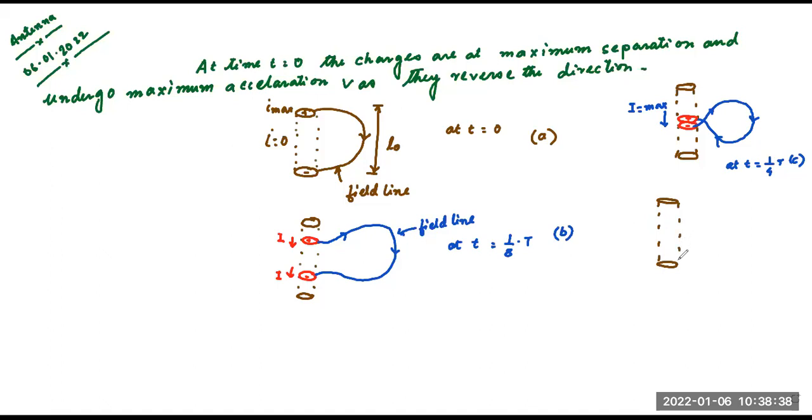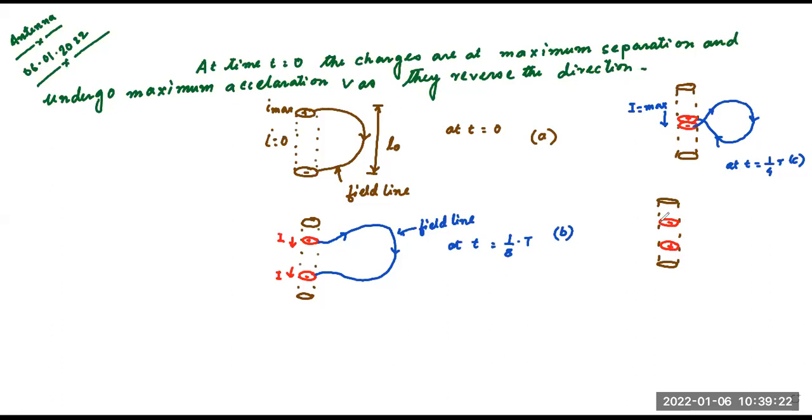Two cases are going on. One will be this. One will be this. So this is negative, this is positive. What I told is why this is negative and this is positive: I told that the field lines detach and new ones of opposite sign are formed. So now new ones of opposite sign are formed.